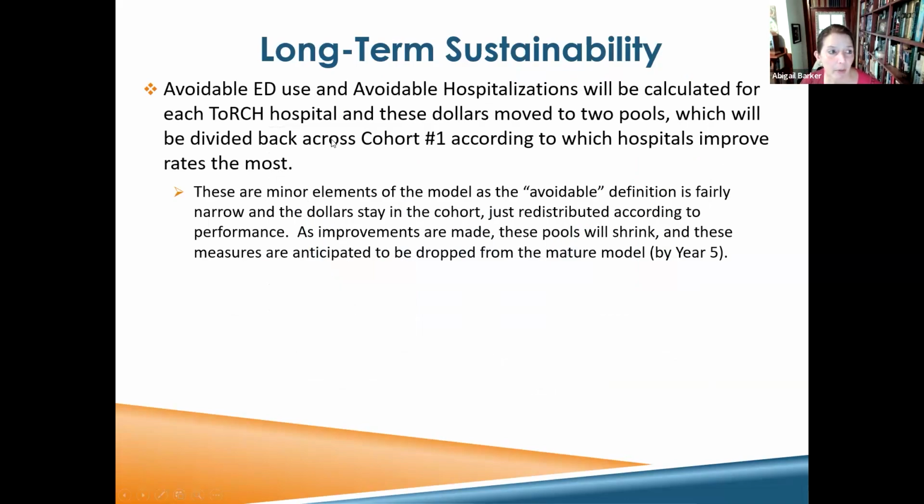I do want to make the remark that avoidable ED use and avoidable hospitalizations are calculated for each hospital. These dollars go into pools and they get divided back out across the cohort. These are pretty minor elements of the model. The avoidability definition is pretty narrow. The dollars stay in the cohort. So I don't want people to focus too hard on this. As improvements are made, these pools shrink. The measures would be anticipated to be dropped in the mature model